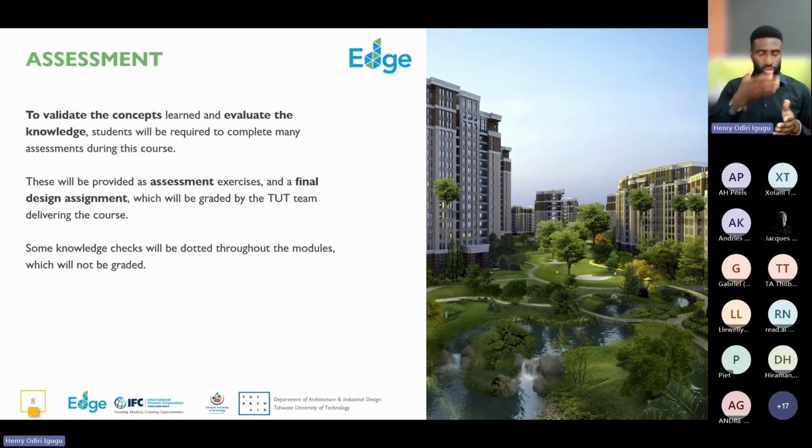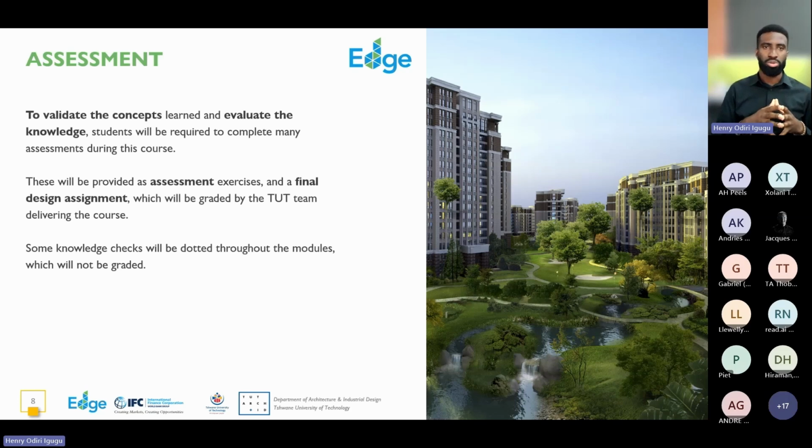Through the trainings and at the end, ultimately, there are some assessments that will be taking place. And that is essential because we want to validate that you, as a participant, have, to a very large extent, been able to grasp the concepts that we've covered. And then we want to be able to evaluate that knowledge.